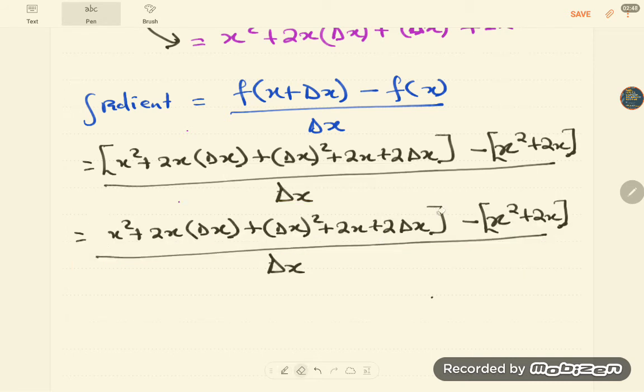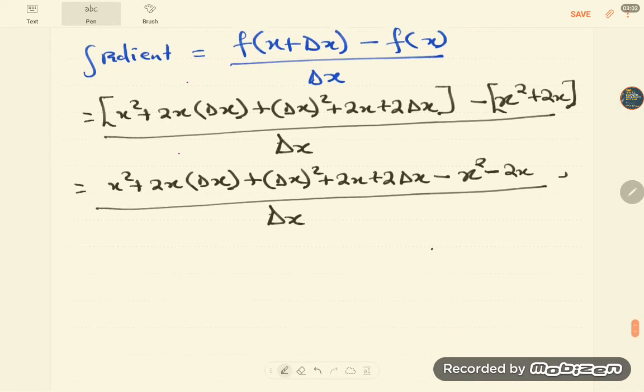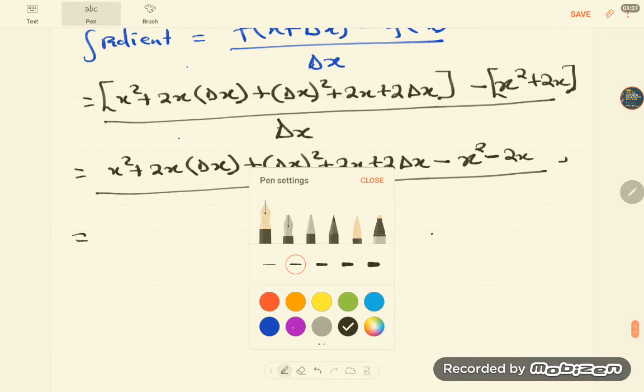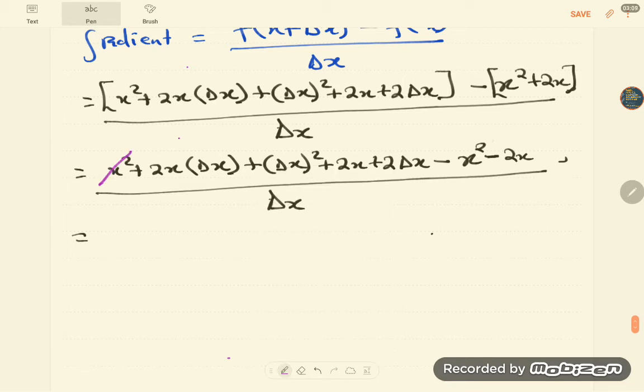We end up with this. Except that this time around, this is going to be like that. Okay, just had to shift that to the left a bit. And when we look for what's common here, we see that this and this are going to go away. This and this are going to go away, and essentially what we're going to be left with